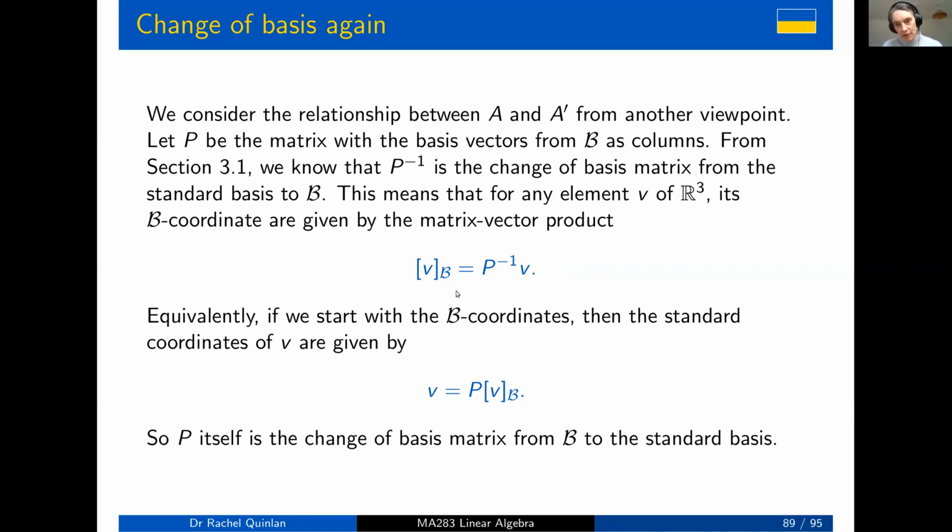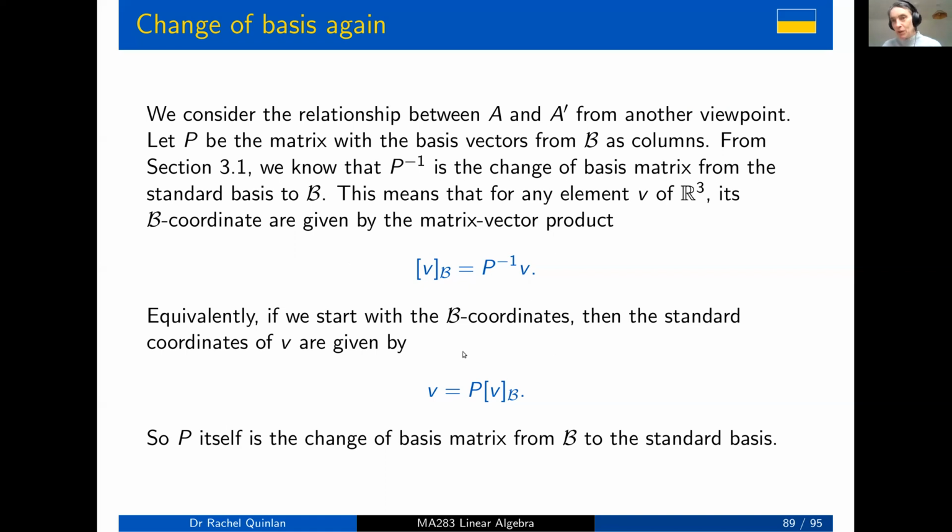Okay, so this equation is worth dwelling on for a minute, I think, to make sense of what it's saying. V on the right here is just the ordinary vector V, an element of R3 with its standard coordinates. This V sub B on the left is the column vector whose three entries are the coordinates of V written with respect to the basis B. Okay, so looking at this equation, if we